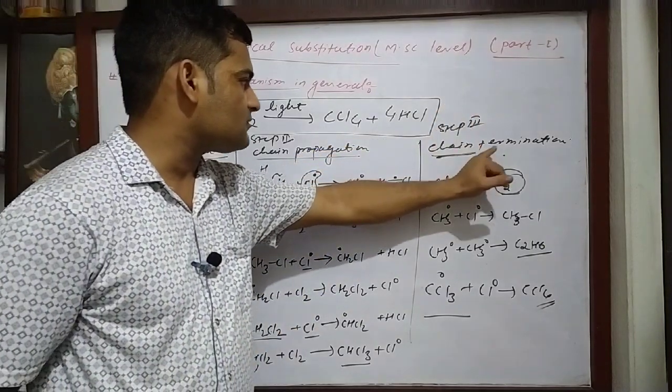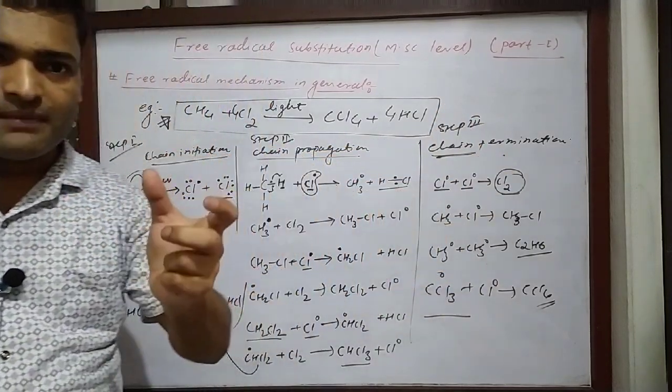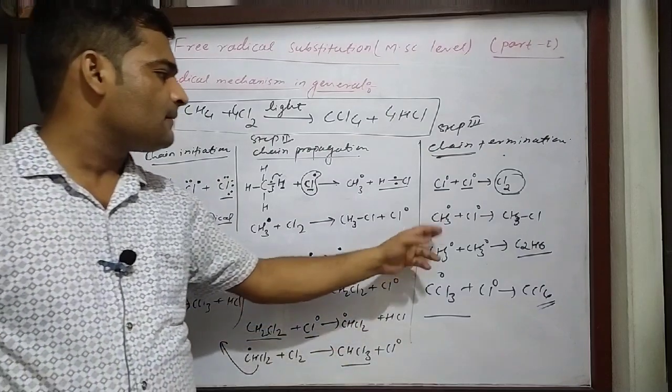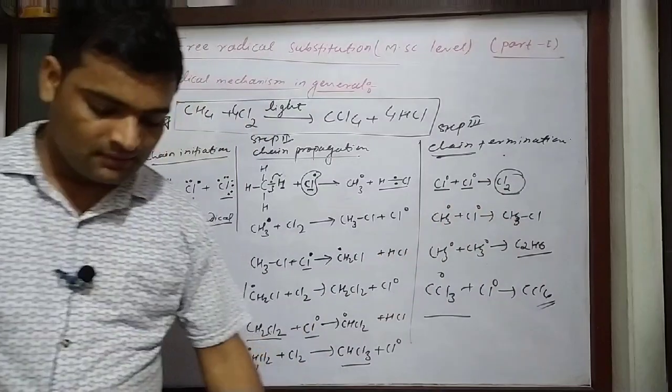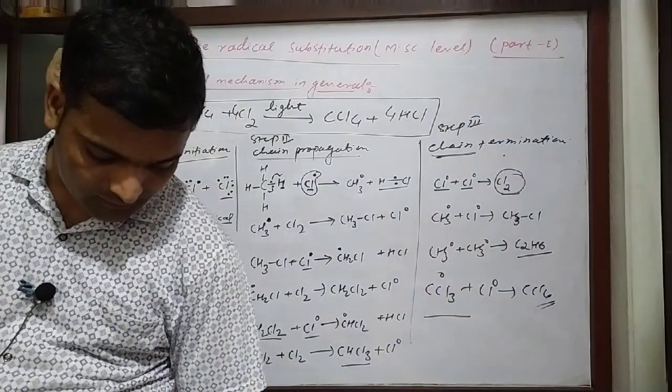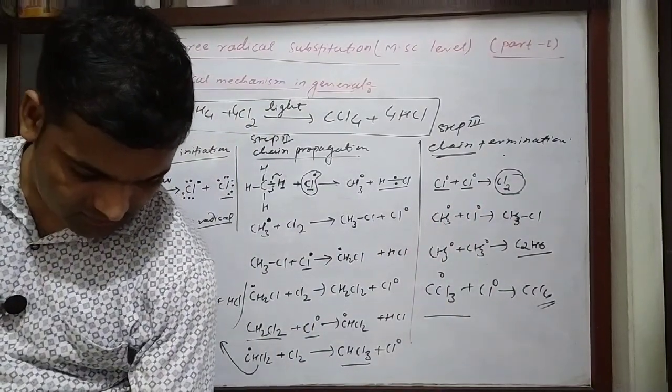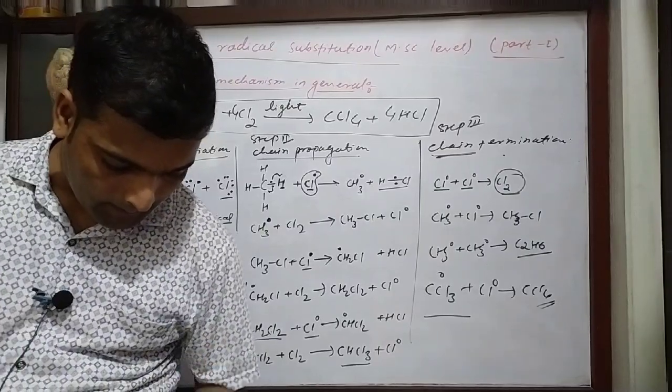And in chain termination, what happens? Two radicals combine, and then there is completion of the reaction. And in this video we have discussed this general